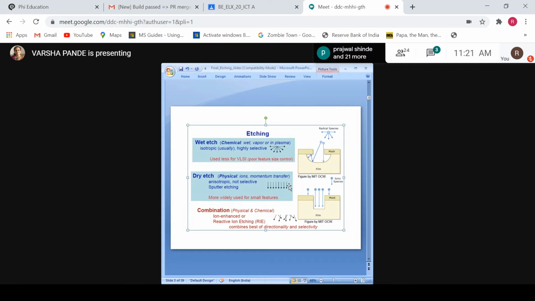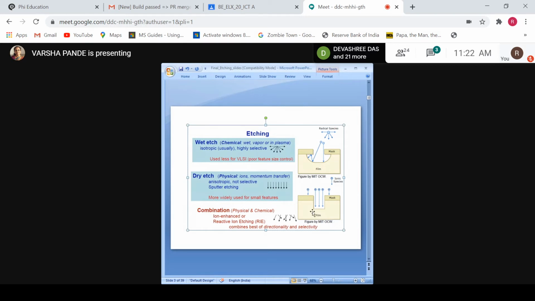Now, second, dry etching. What will happen in dry etching? It is anisotropic in nature. Anisotropic means that in whichever direction we want to etch, the etching will happen only in that direction. The area which is protected by the mask will not etch. But what is the drawback? Suppose in the second diagram we have seen a mask, and below the mask is only the substrate. But suppose this is silicon dioxide, and below this again the substrate will be there. Then what will happen?